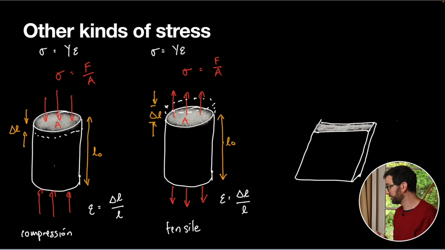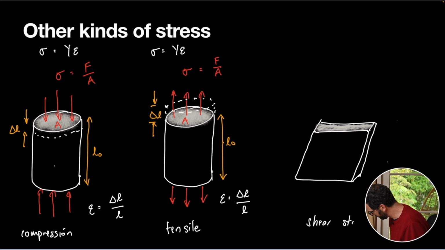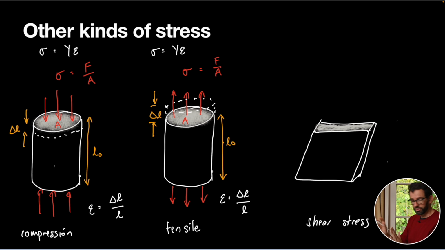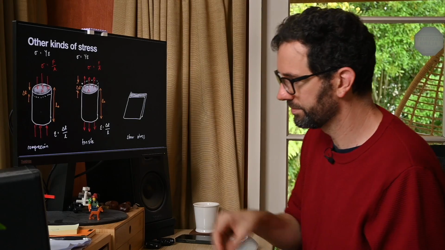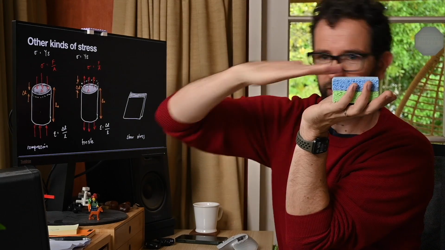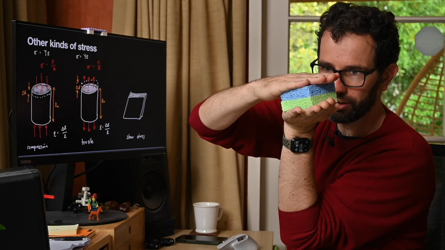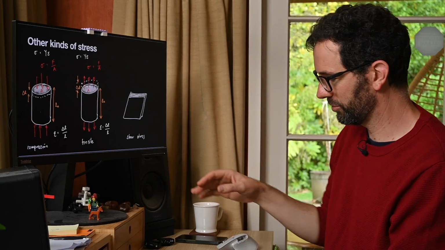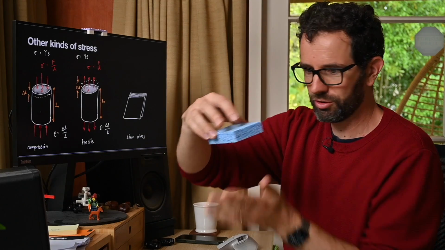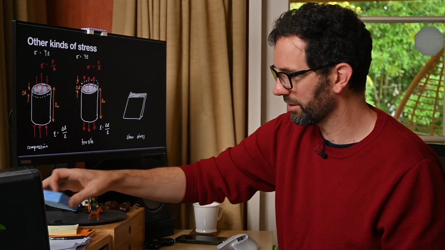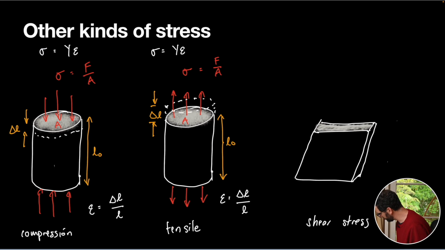Now there's one other kind of stress which is a bit weird, and this is what we call shear stress. So you imagine your object sitting on the ground and you're pushing that way on it. What that will make it do is a shear movement, which turns your cube-type thing into a parallelogram-type thing. So if I'm applying a stress in this direction, and there'll be a corresponding one from the ground here as well, same area on top here,